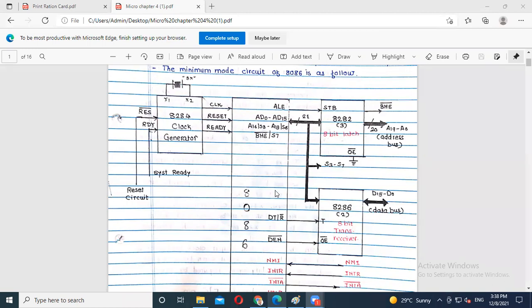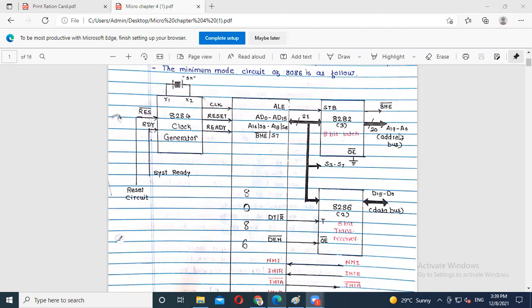The minimum mode configuration is used only to send a limited amount of data and for communication between human beings and the machine, that is, the 8086 microprocessor. Along with that, the first chip is the 8284 clock generator. We use this clock generator to apply the clock frequency to the 8086, and with it we set and reset the circuit and the ready state to transfer data. And the 8282 we use for the latch purpose, the 8-bit latch,